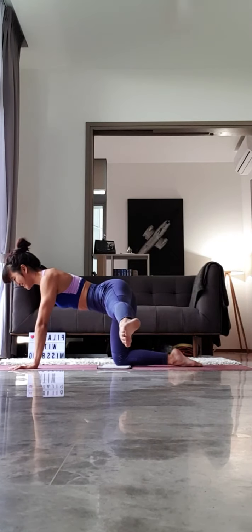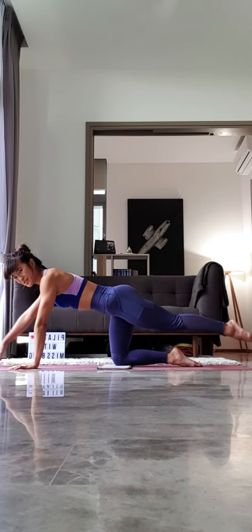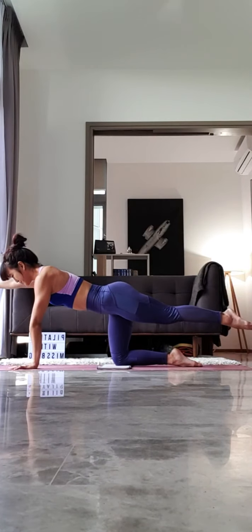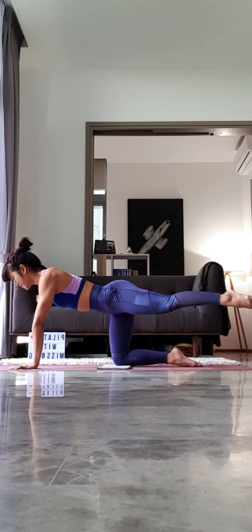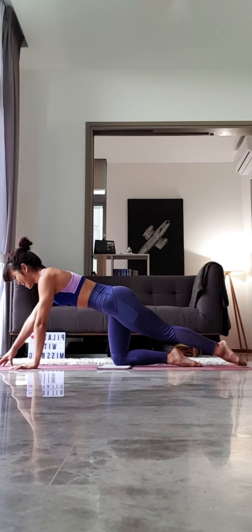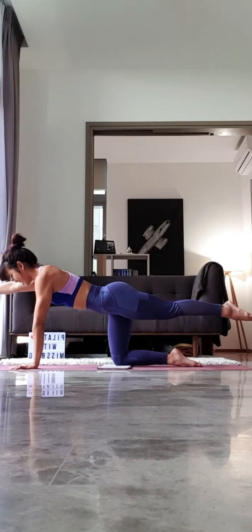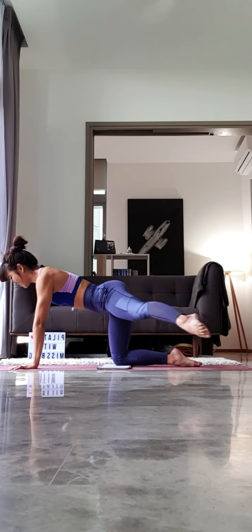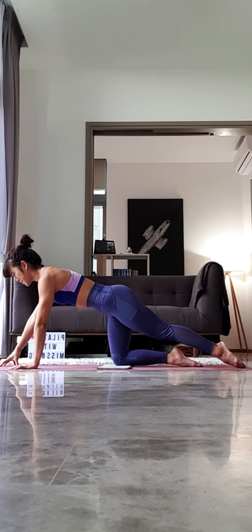Last 6. Last 5, everyone. I believe you're doing well. 4 more. Last 3, you guys. Exhale up to the side, center, and lower. 2 more. Exhale, inhale, exhale, inhale. 1 last one. Exhale up,